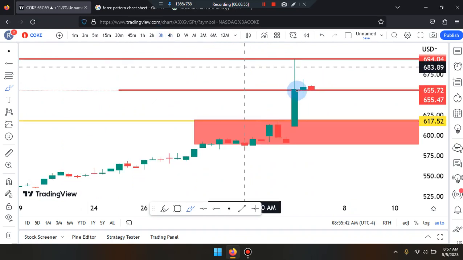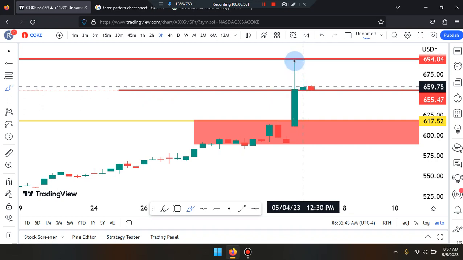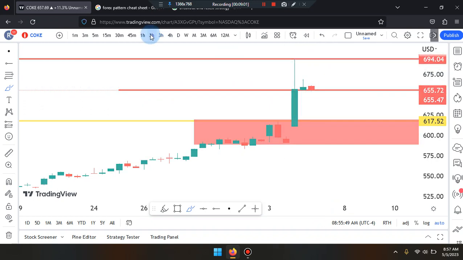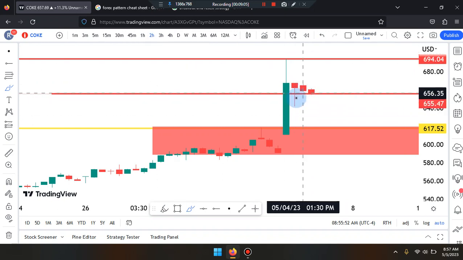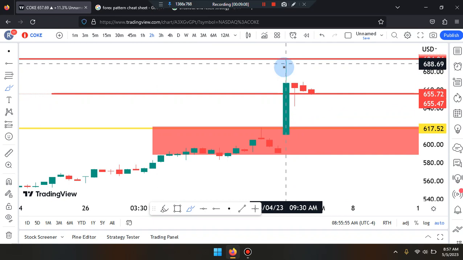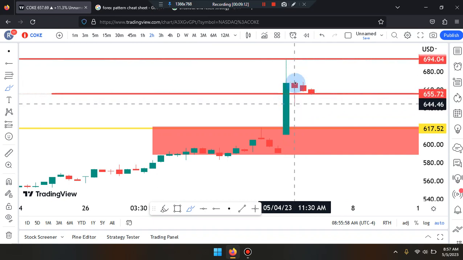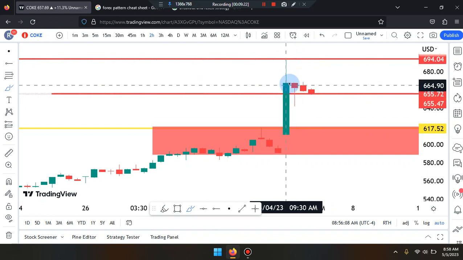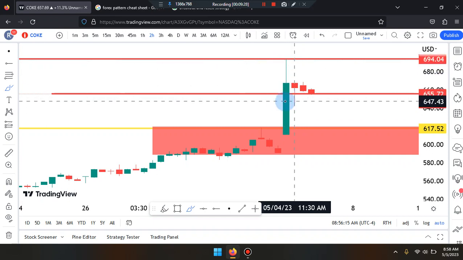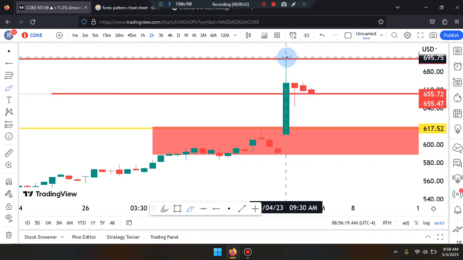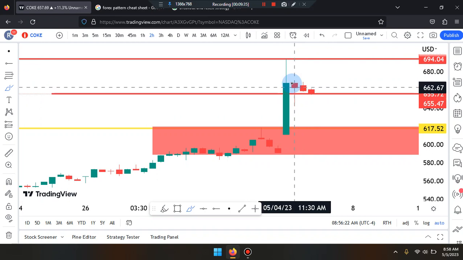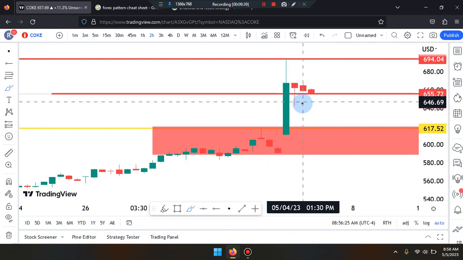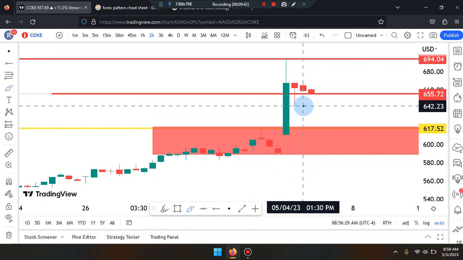Walking down to the 3, consolidation. So price is still within that third last candle of that high structure. Walking down to the 2, if you combine the third to last candle with the fourth to last candle, this is just a giant wick that can identify itself maybe as we walk down the time frame. When you see long wicks up to the high and long wicks to the low, if it's between two, three, or four candles, that's basically a combined doji candle. So you wait for the breakout to the upside of the fourth to last candle wick, or towards the bottom of the third to last candle wick. Anything within the top of that wick or the bottom of that wick will be consolidation. So anything within that area is consolidation between the numbers of 642.23 and a high of